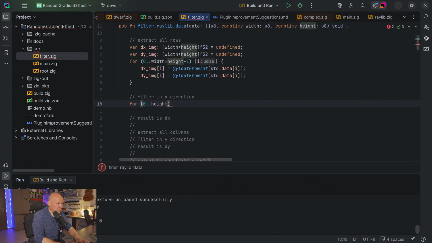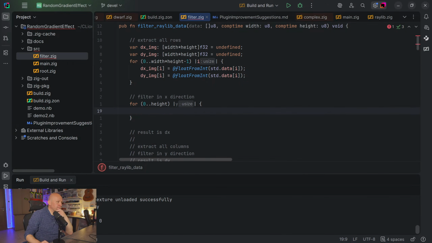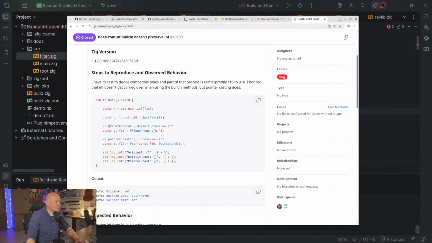Okay. I'm not sure if that works. Let's see. So this is y. And here I want to say something like dx image. And can I slice that and take